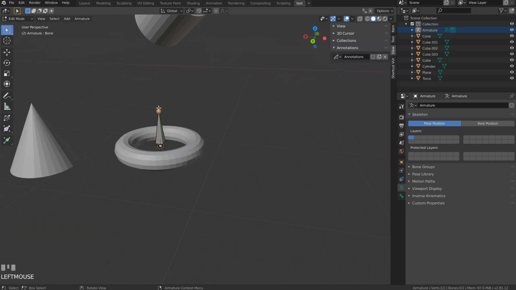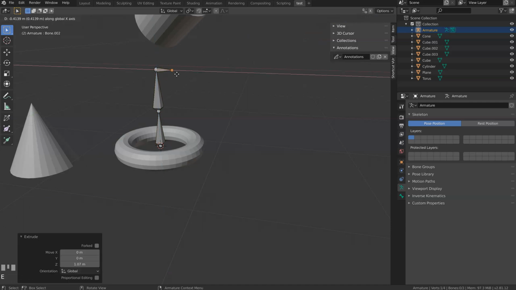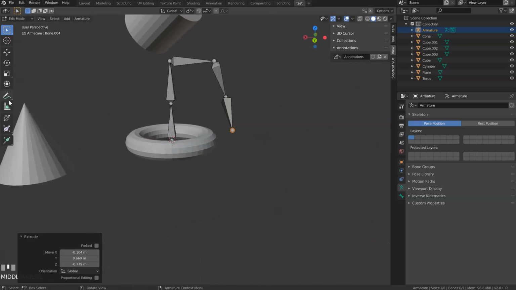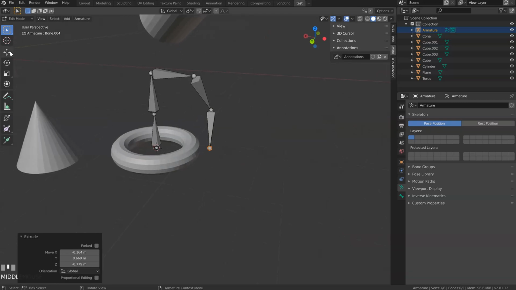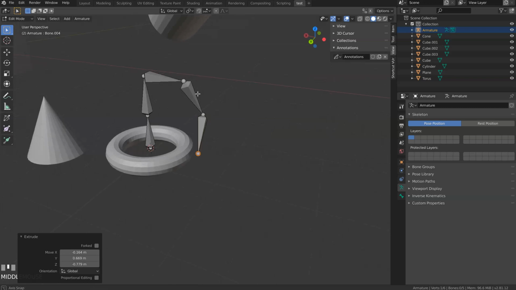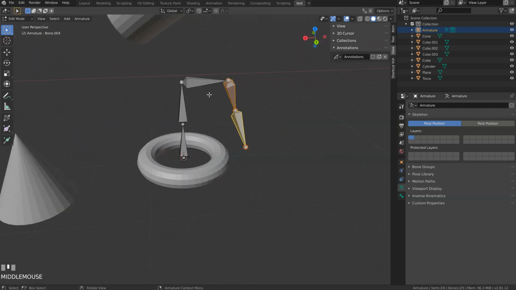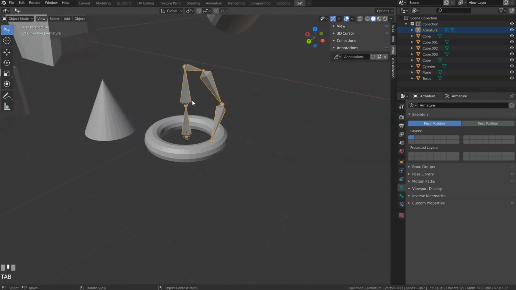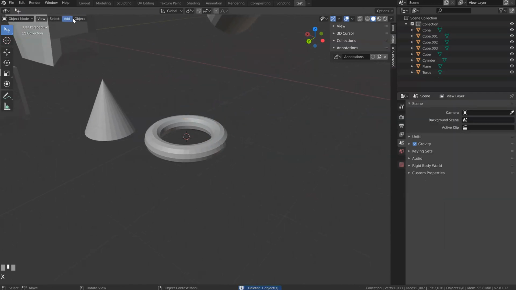And you can extrude them. E to extrude, middle mouse button to constrain on this axis. E, middle mouse button, like that. And as you can see, I don't use all of this, because for me this is faster to do like that. I don't have to come here, here, and here. I'm working directly like that, and let's see, I will just move it here. So as you can see, this is faster for me, in my opinion.